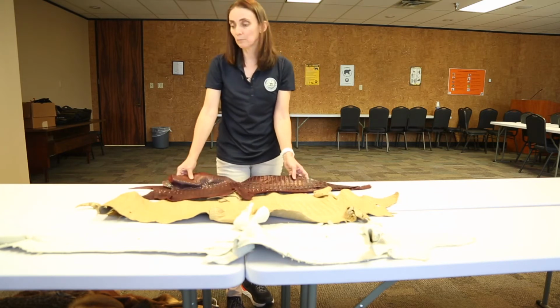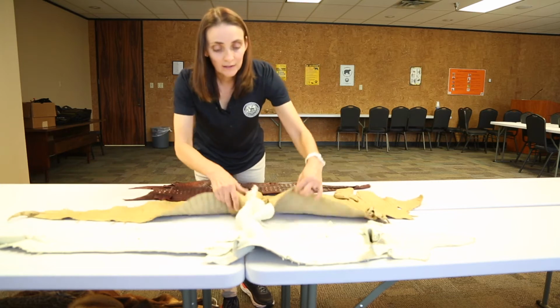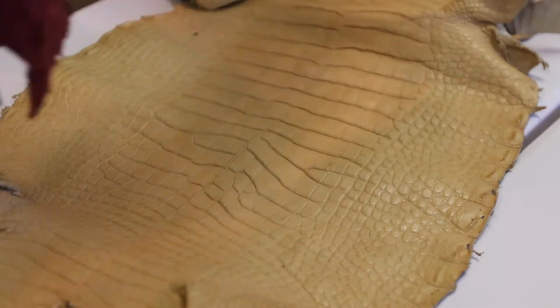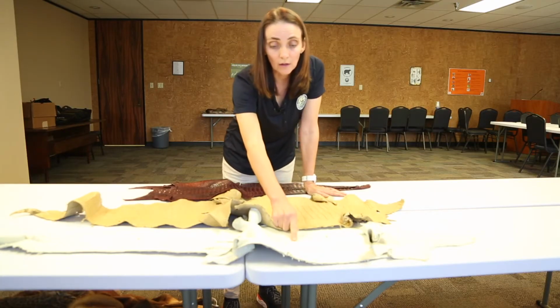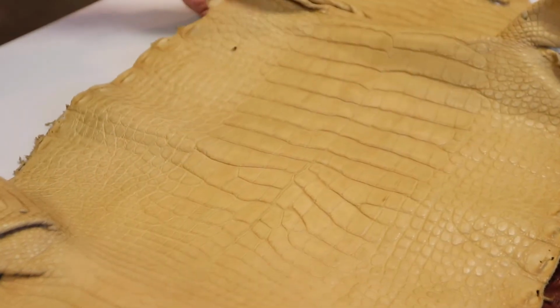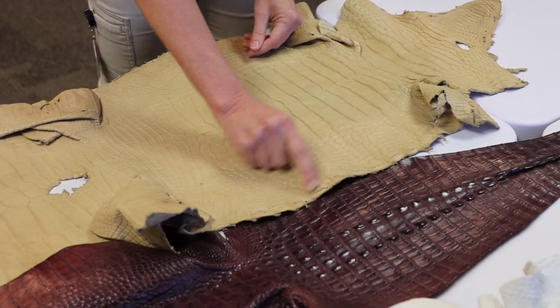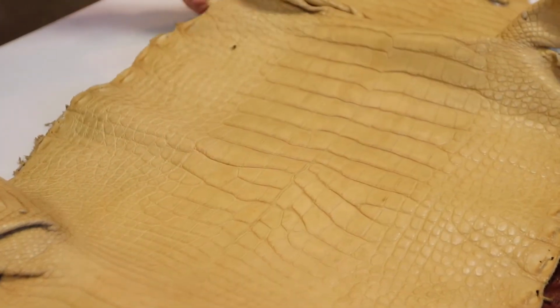I've seen purple, pink, blue. So alligator skins can be any color, so color is not a BRF, but you will see that they have scales. These two are a belly cut. So you have the belly, you have the flank, which are these smaller, rounder scales, and on this one you can still see a little bit of the back scales on the side. And this is a